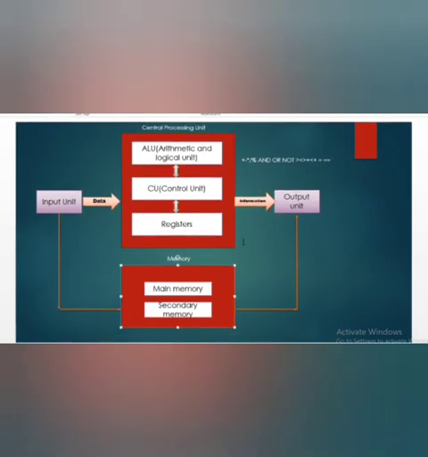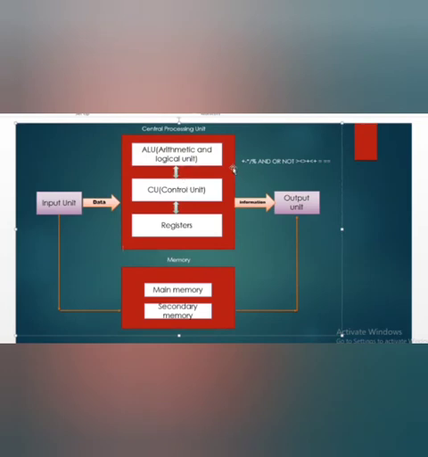So CPU is nothing but a central processing unit. It comprises another 3 subunits, that is ALU, CU and registers. The arithmetic and logical unit is used to perform the arithmetical and logical operations, and it's going to control the speed of these operations. Then the control unit is mainly used to control and coordinate the various components of the computer system. It's going to maintain the order and direct the operations of the entire system. Registers are used to store the intermediate data.